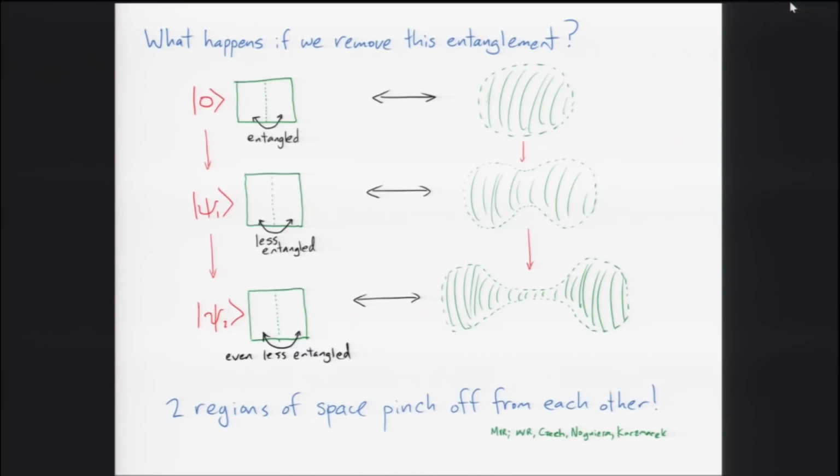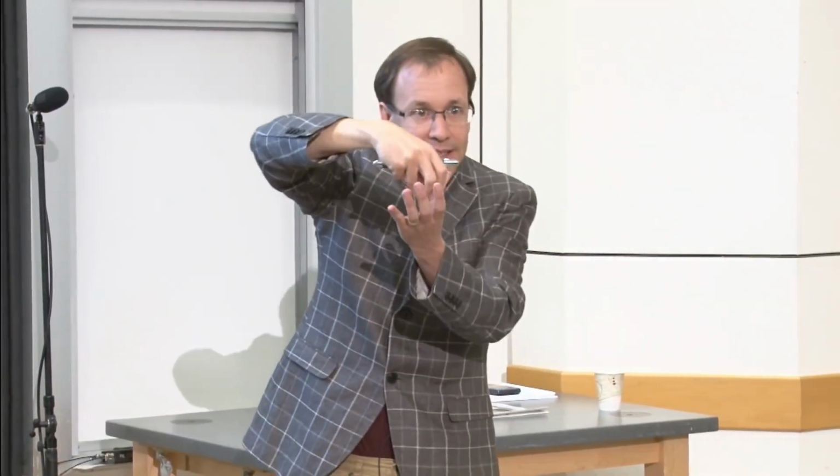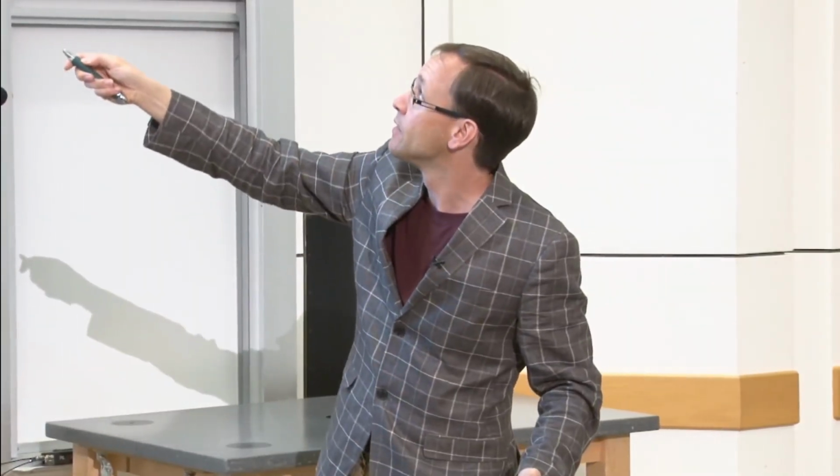It starts to pinch itself apart, kind of like you had a big wad of gum and you're just stretching it out. And what happened is that the two edges of the space-time are getting further and further apart. And in some sense, the middle of it is getting narrower and narrower, just like in the picture. Okay, so by removing the entanglement that was there in the field theory state to start with, then it seems that the space, this completely empty space, it actually starts deforming and ripping apart into two pieces.